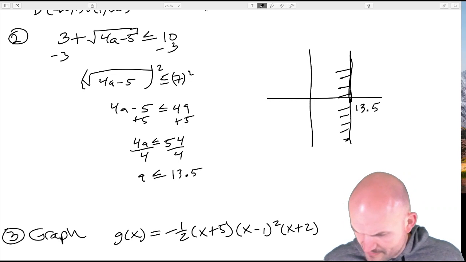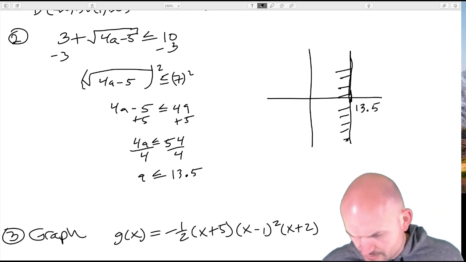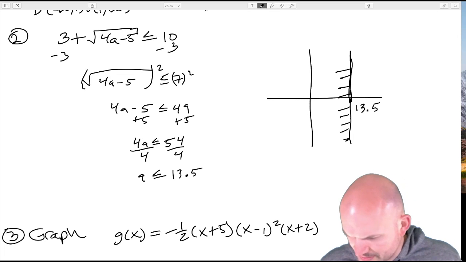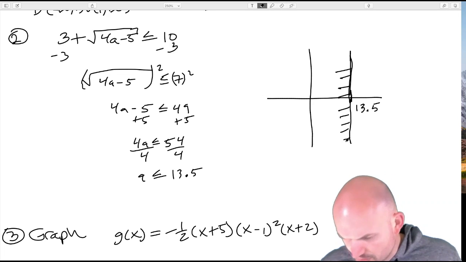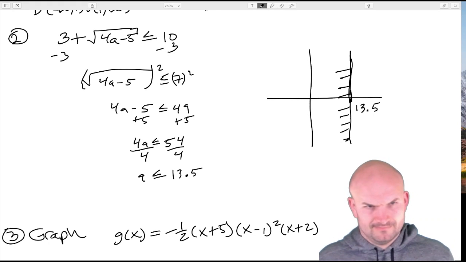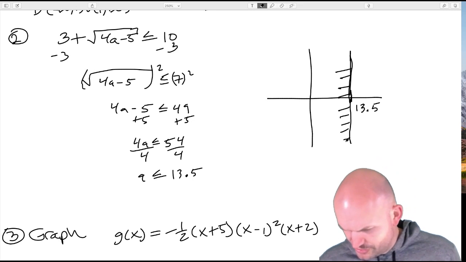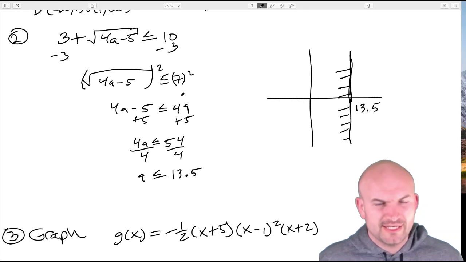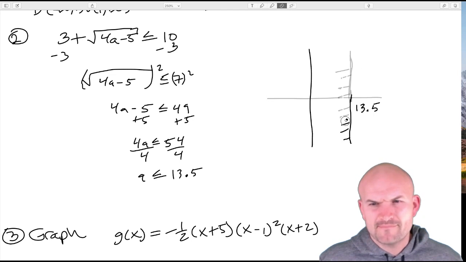4x minus 5. Oh my God, come on, seriously? Zoom. I just had my calculator because there's something I was looking at when I was looking at the graph. There's something off, so A is going to be less than an inequality. That's why it's shooting values to the right. Crap. I'm going to need some more time looking at that.